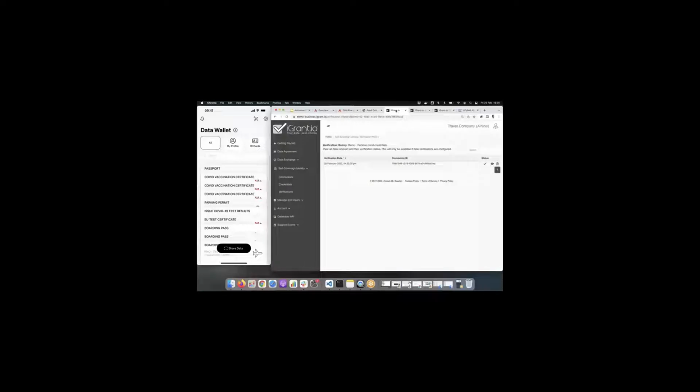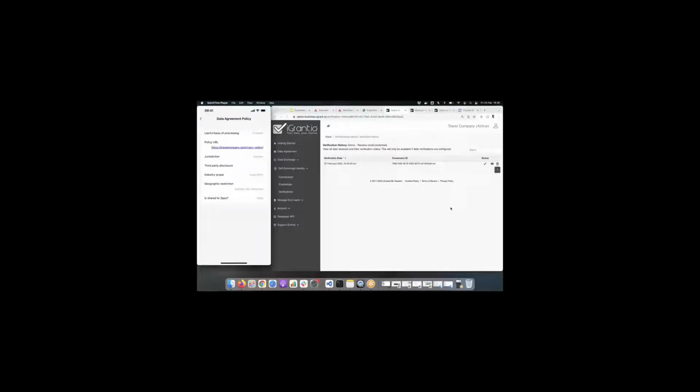So this is very much like the end-to-end demo, but let me also show you how the whole transaction history really works. If I go to the settings, at any given point of time, as a consumer or the end user, I can see all the data that have been shared with my shared data option. Over here, you can see the travel company at the very top. 44 seconds ago, for a particular purpose called Demo Receive COVID Credentials, I shared my name, my dosage information, and the vaccination date. I can also see my data agreement policy.